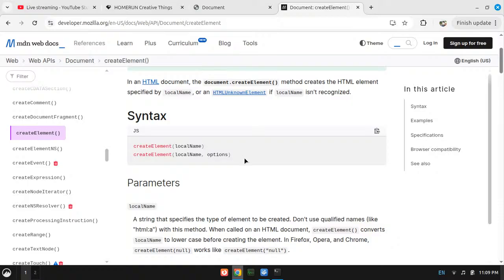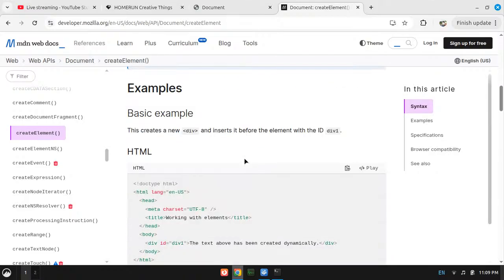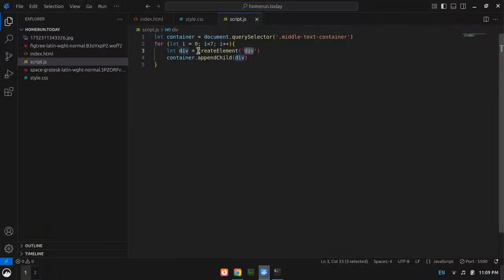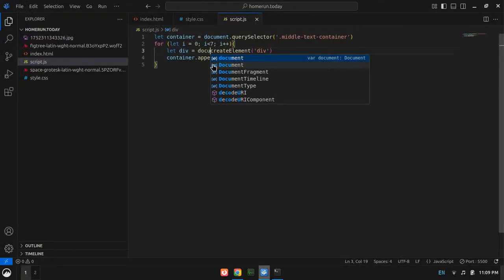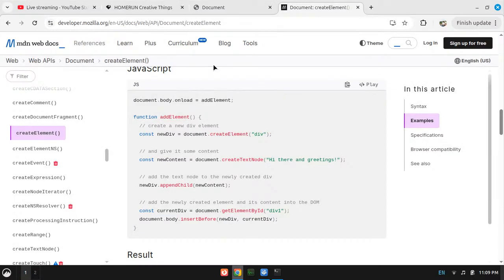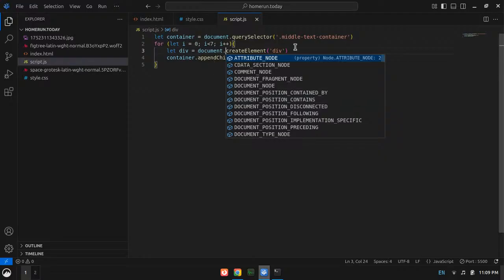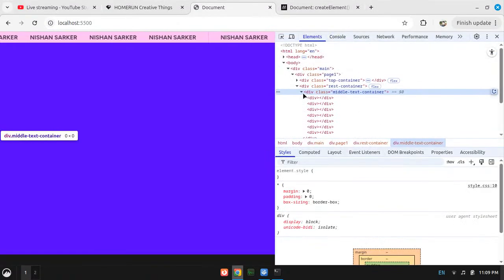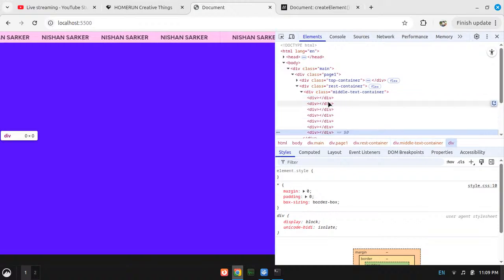Huh? Do I need document dot createElement? Document dot createElement. I see. Document dot createElement, and I needed the div in quotes as well. Okay, so now it should work. Yeah, I have 7 divs, right?